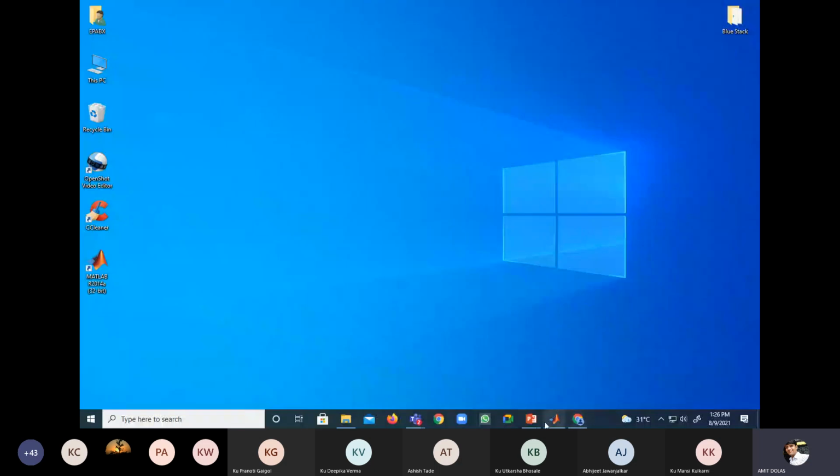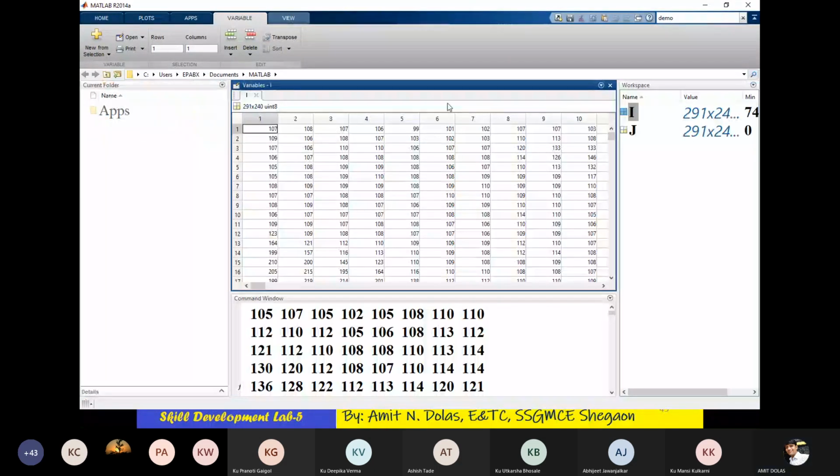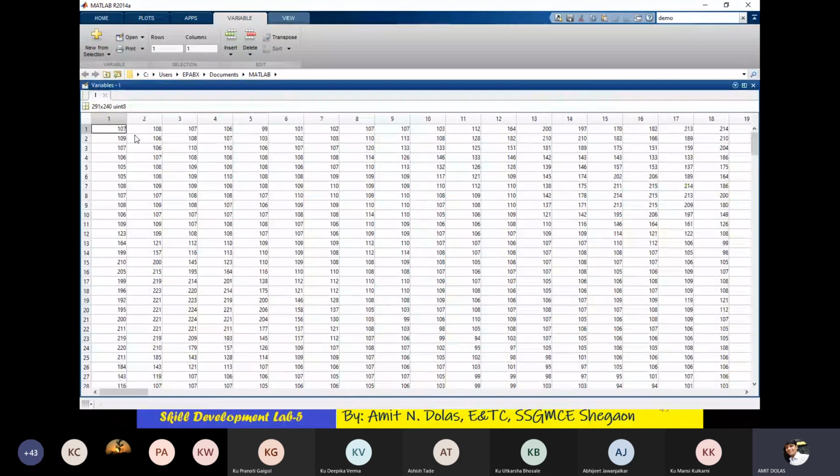Coming back to MATLAB again. So this is the workspace. And if I click on I, you will get this array of 291 by 240. Every array element, this will be 1,1, this will be 2,2, this will be 3,3, and say this will be 1,10. And every element has some intensity.